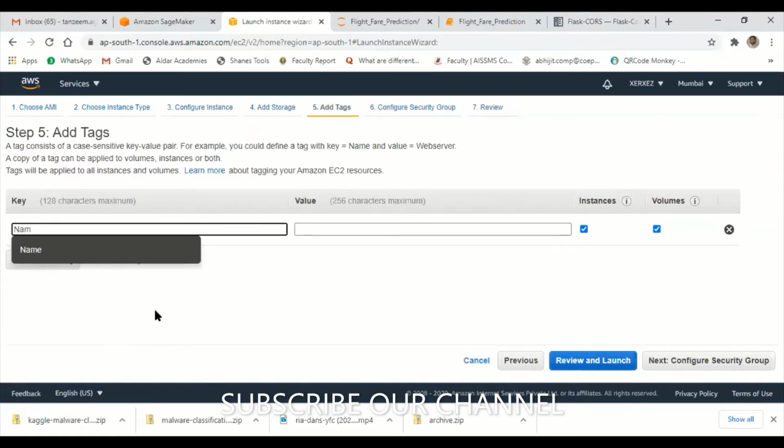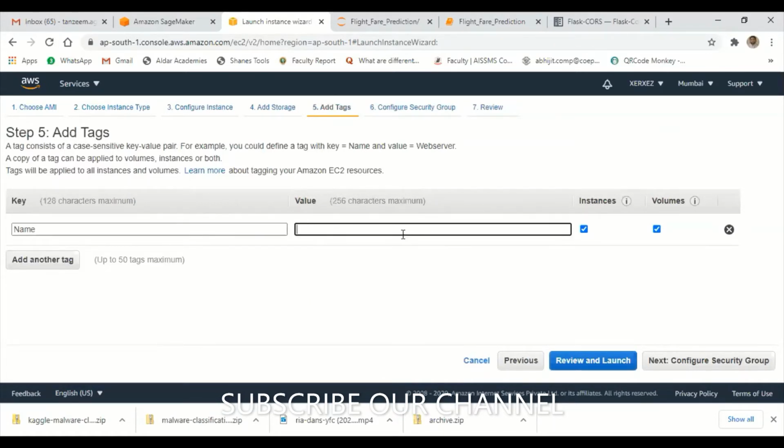Fine. Let me give the name as Flask deployment, or flight price. I'll have flight price 1, 2, 3.